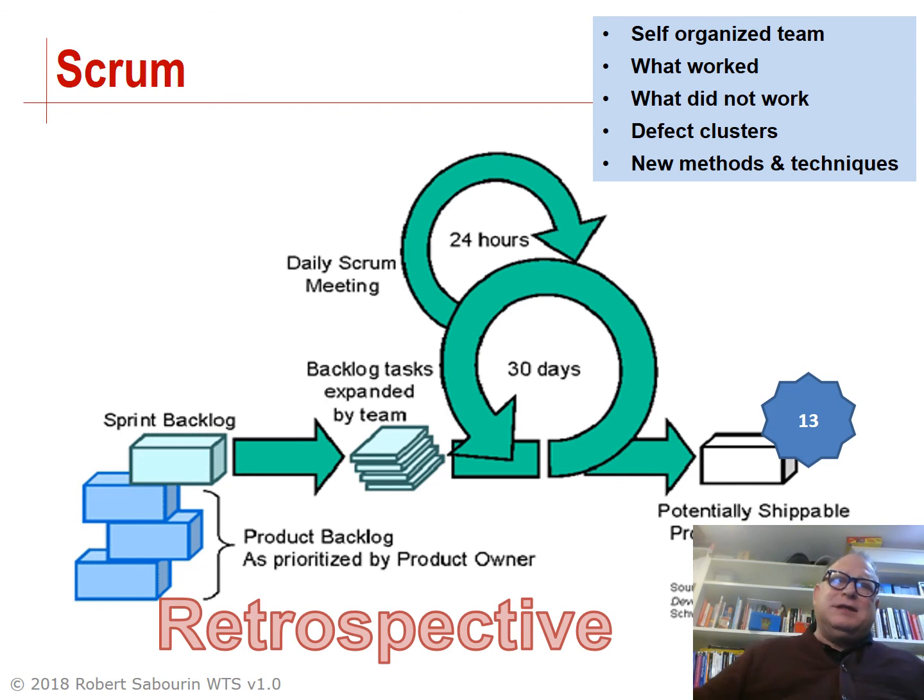After the demo is done, an agile team using Scrum will very often have what's called a retrospective meeting. So these happen per sprint, and the team basically takes a look at what worked, what didn't work, any problems they had, and they want to adapt their self-organization. Teams look for things like clusters of bugs, which are multiple problems with a common cause, and try to basically eradicate that cause by applying new methods and new techniques to their software engineering. So this is one of the most fundamental and critical parts of Scrum. The team improves their process after